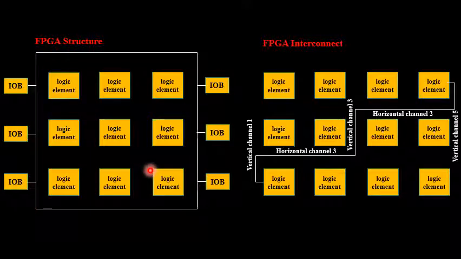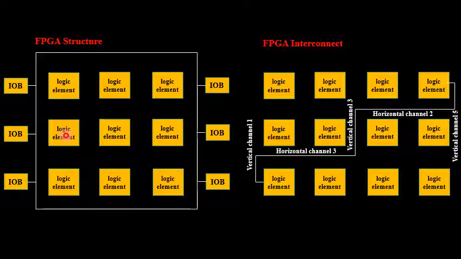And along with that, you will also have low power or high speed connection features available, which will be provided in terms of these IO blocks or IO pins. These IO blocks or IO pins are nothing but the input you are going to apply to your combinational logic, and the output you expect out of that particular combinational logic. Those blocks are called IO pins or IO blocks. So this is the brief explanation of an FPGA architecture.